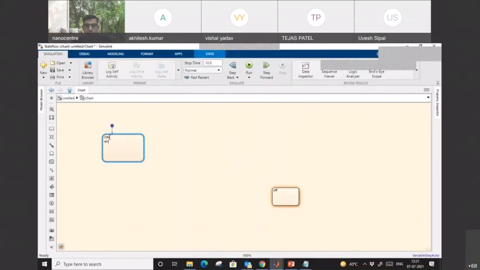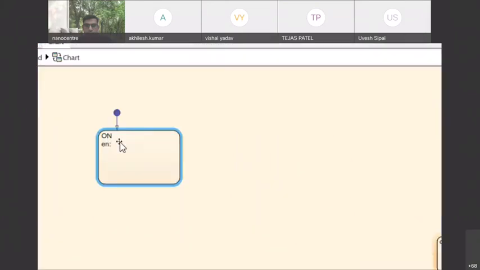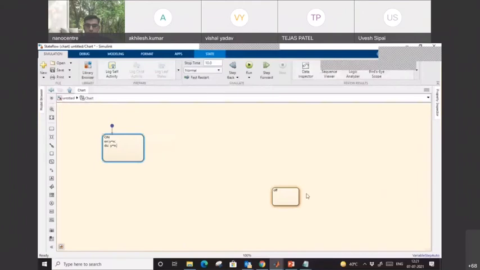So here, what is the entry you have to provide? Entry, let's say here y = x, and not only entry, during this, if my system is in this state, during it will be y = x. Okay.